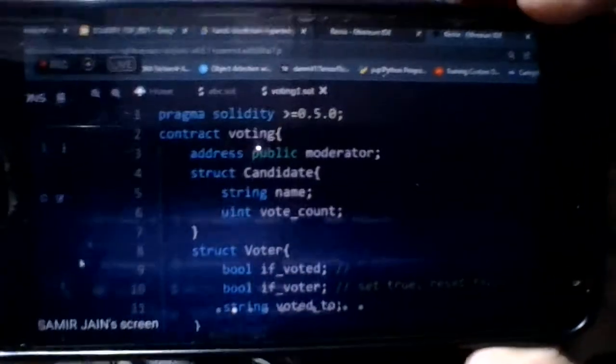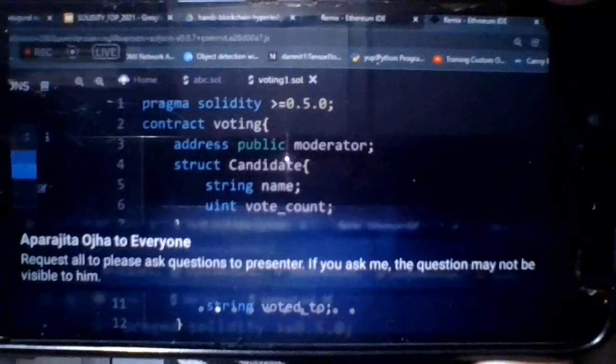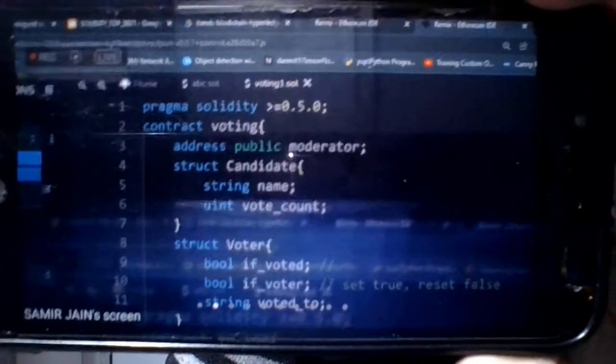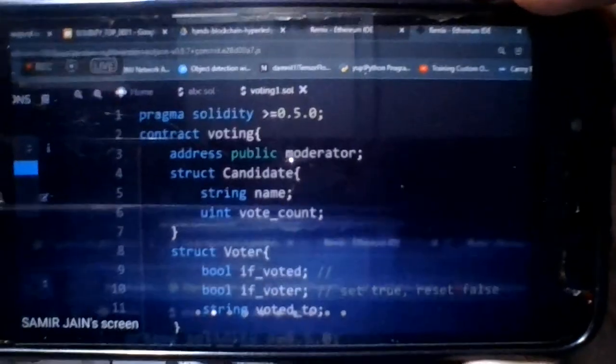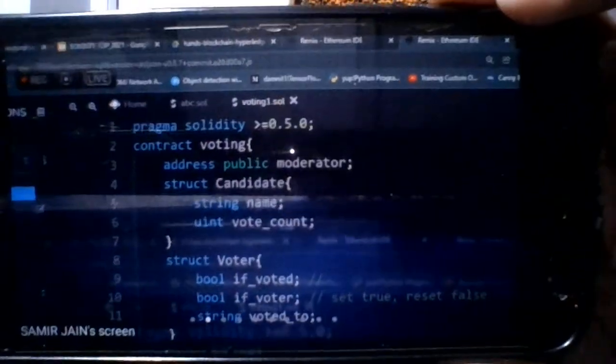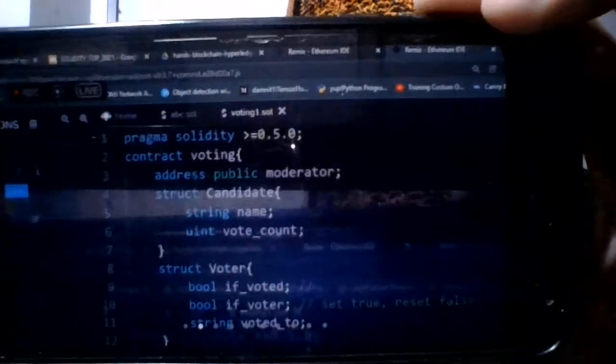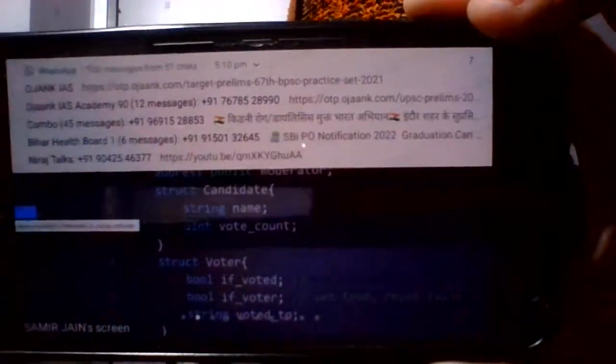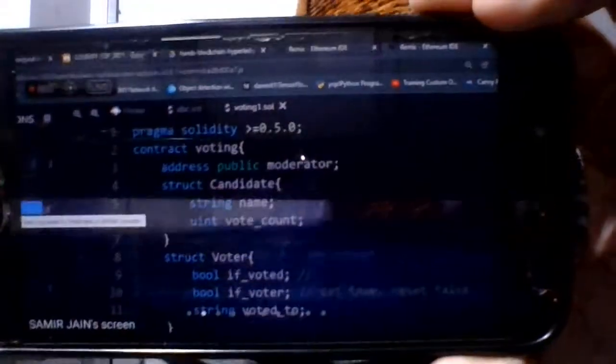So how do you have to deploy this contract? Be careful with that. This is the environment. This JavaScript VM in London Berlin is actually the sandbox of the Remix only. So it is a Remix environment, and then there is injected Web3 with MetaMask. You will learn about this tomorrow.